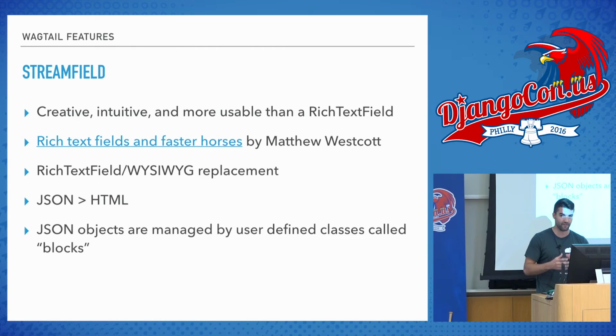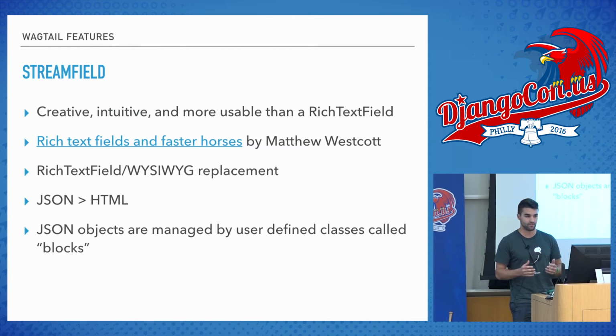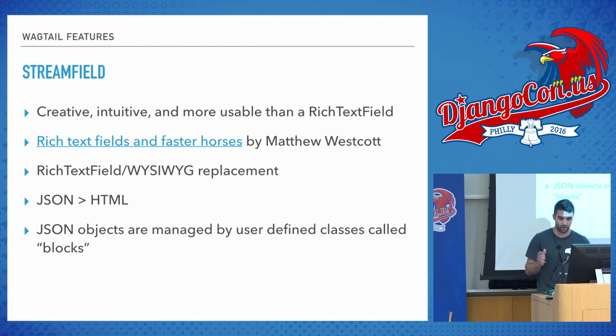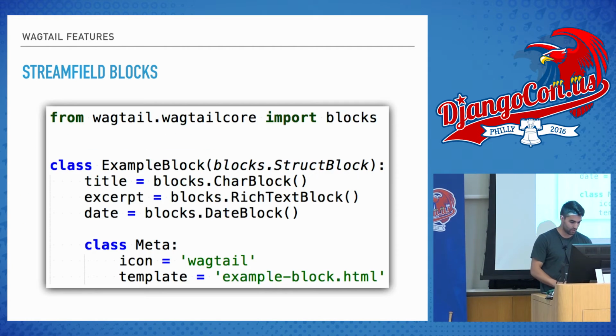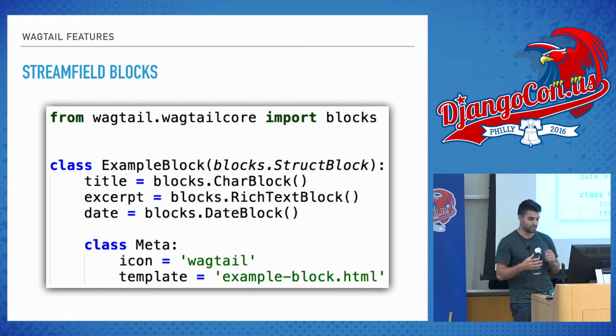And StreamField, if it's a little bit confusing, and I'll dive more into it, it is really just a text field saved in the database. So instead of, again, it being completely unknown what's in this blob of HTML, now we know exactly how to access all of these individual components because it's all formatted JSON. And so this would be an example of a block, which I referred to earlier, something that could manage that JSON content.